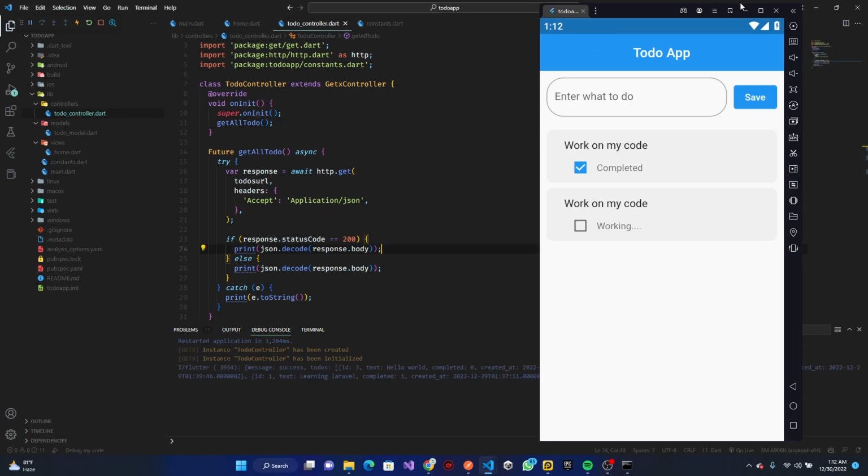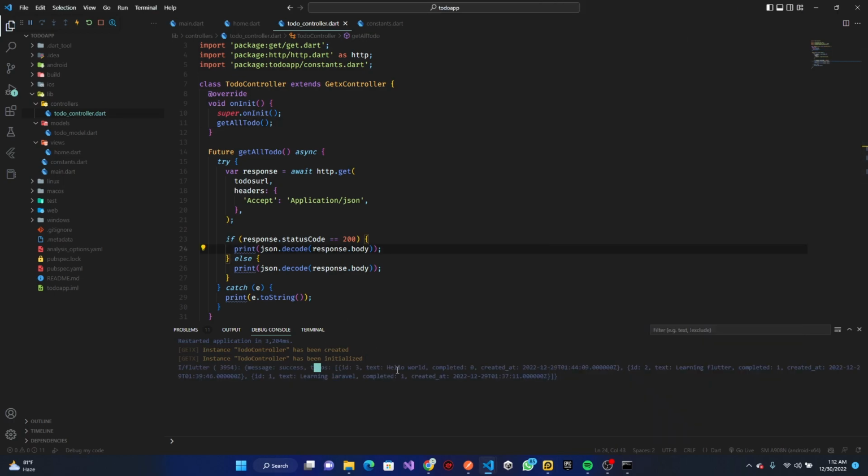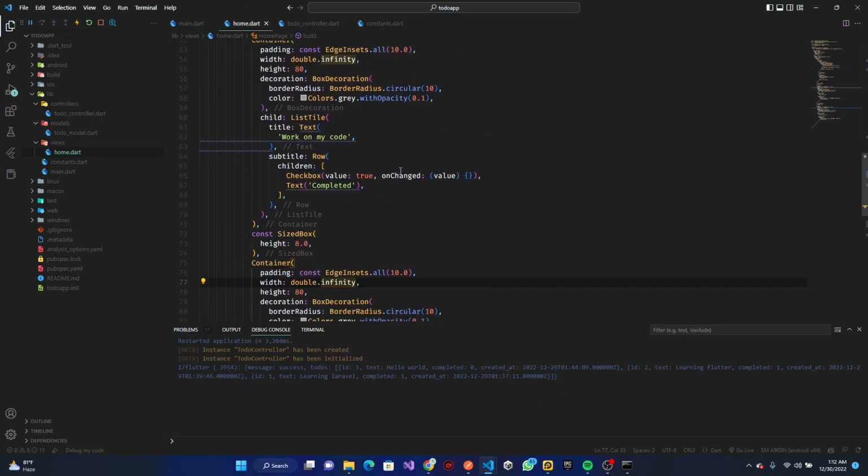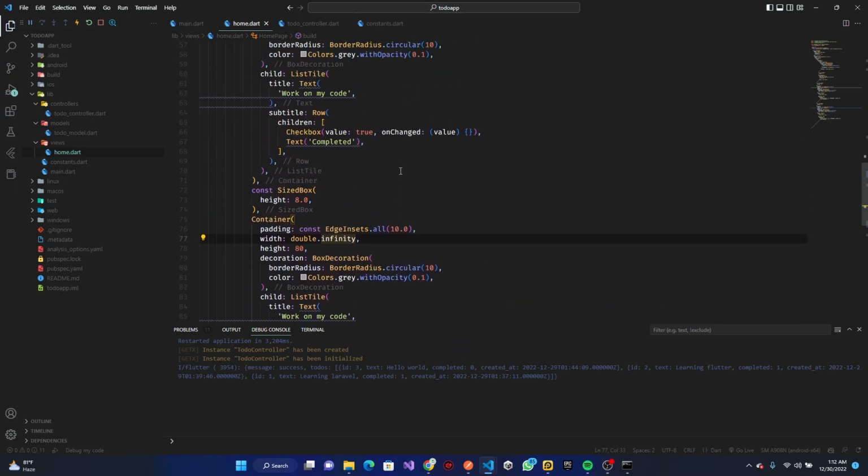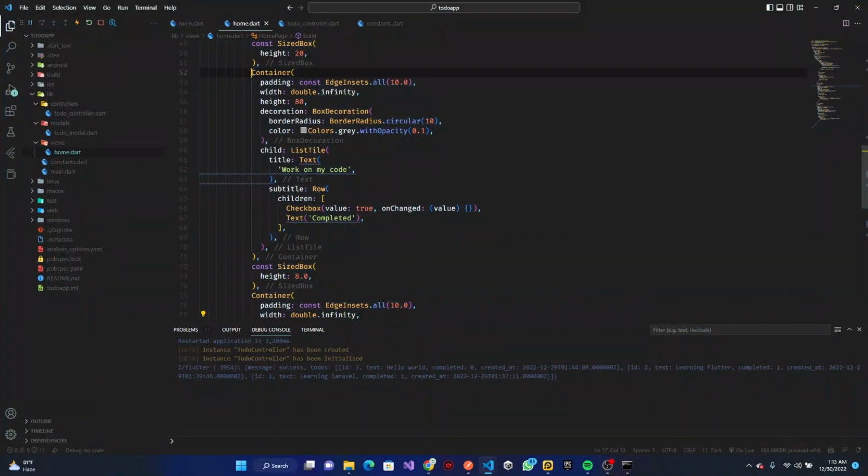Nice, you can see we have our data being shown. So we have everything that we needed here. So what I want to do now is render them out. So to render them out, what I'm going to do is basically